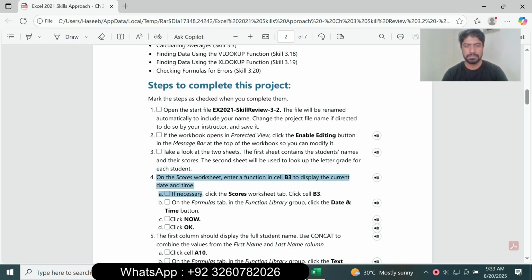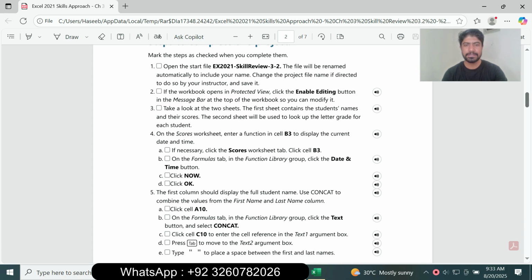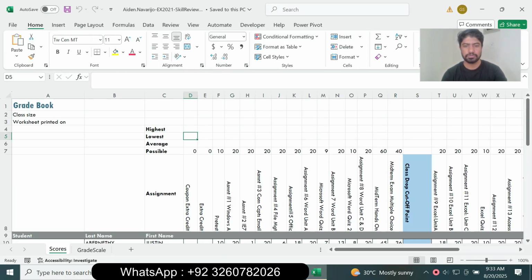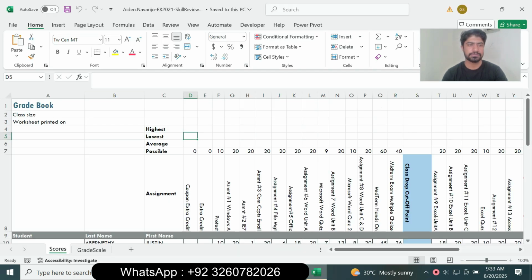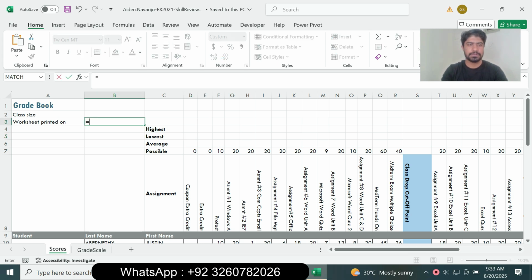So next is, on the Score worksheet, enter the function in cell B3 to display the current date and time. If necessary, click the Score worksheet, click B3, on the Formula tab in the Function Library group click Date & Time, click NOW and click OK. So go to the Score worksheet and enter the function in cell B3. Select B3 and type equal to,